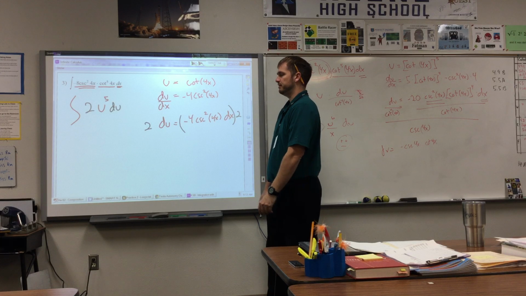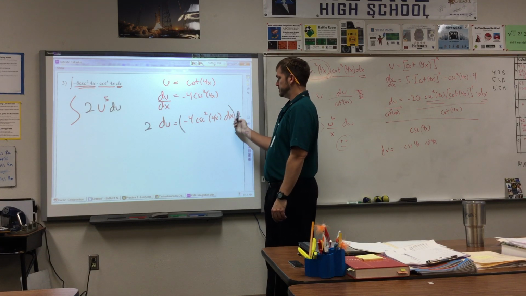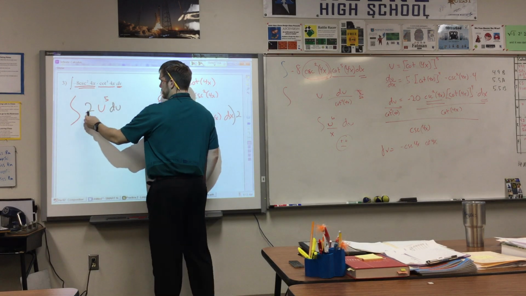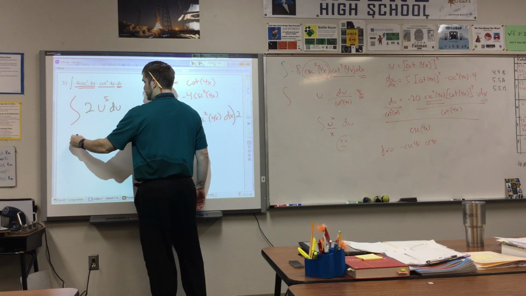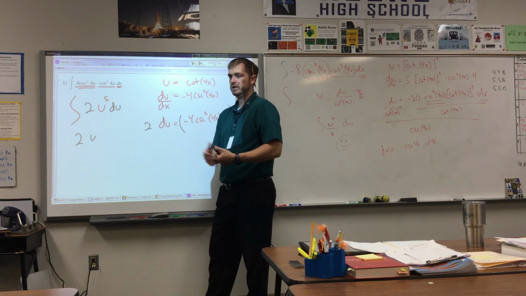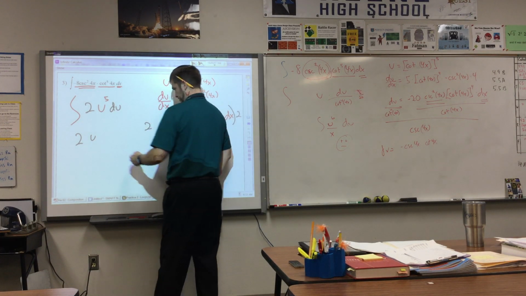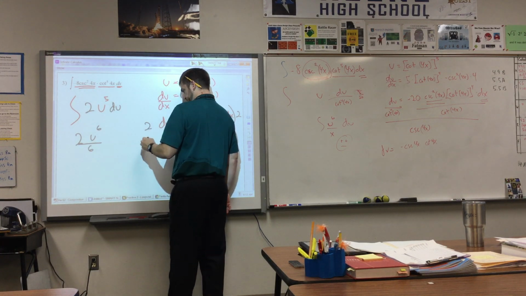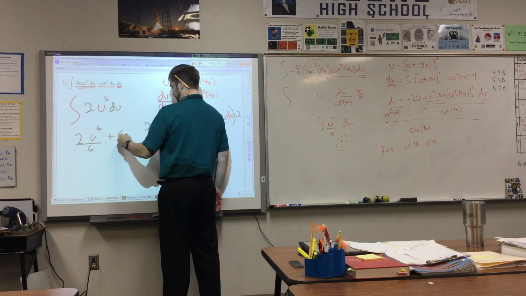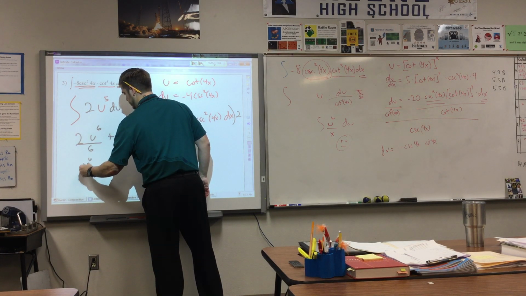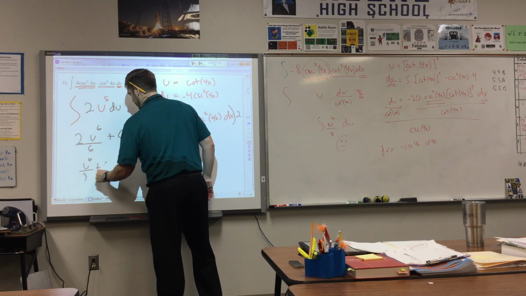Alright, this is pretty good. So that 2 is a constant multiple, so I can just pull that out. Antiderivative of u to the 5th is what? U to the 6 over 6. Keep going. 2 over 6 reduces to 1/3, so I have u to the 6th over 3 plus c,